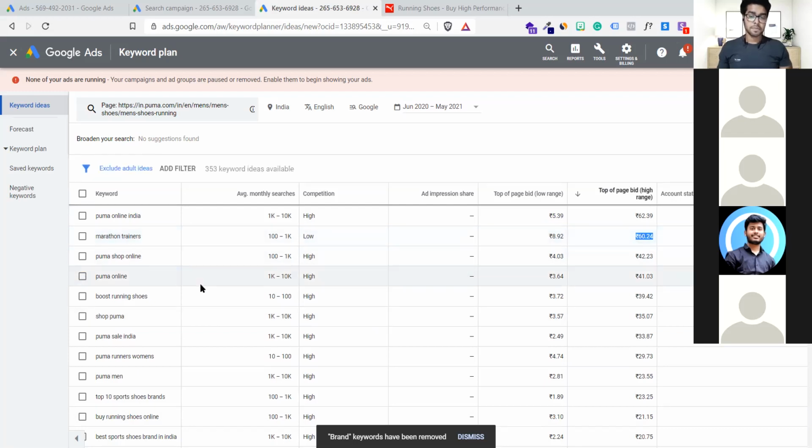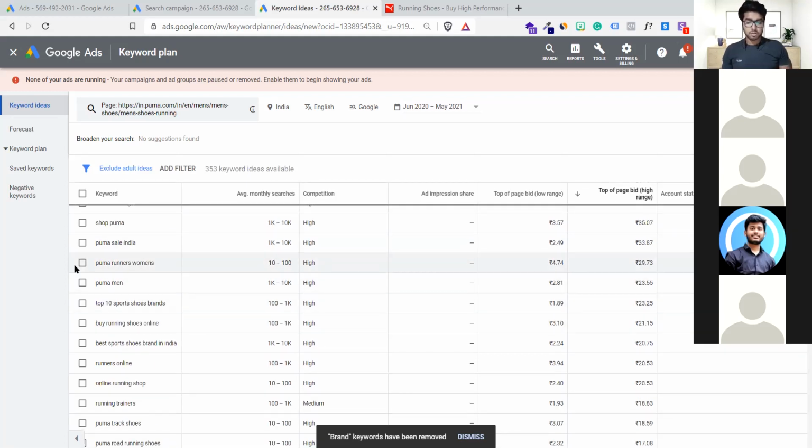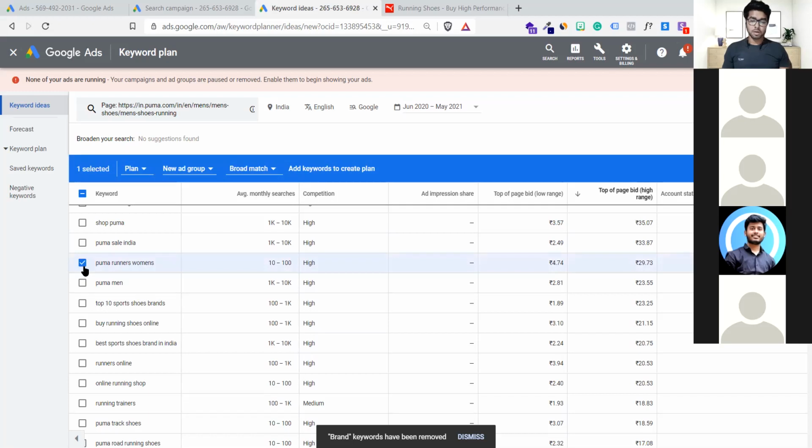Exactly. Right. So one small doubt: a few people want to show their ads when people deliberately search for competitors. In that case, what can we do? You can do it. So suppose here is one keyword, Puma runners for women. Okay, let's not go for the average monthly searches. Now here is a branded keyword, which is Puma. You can use it, no problem with that. You can add this keyword, and the moment people are searching, your ad will come on top.